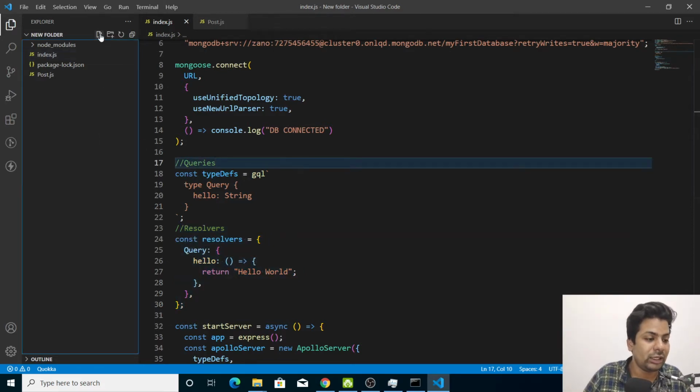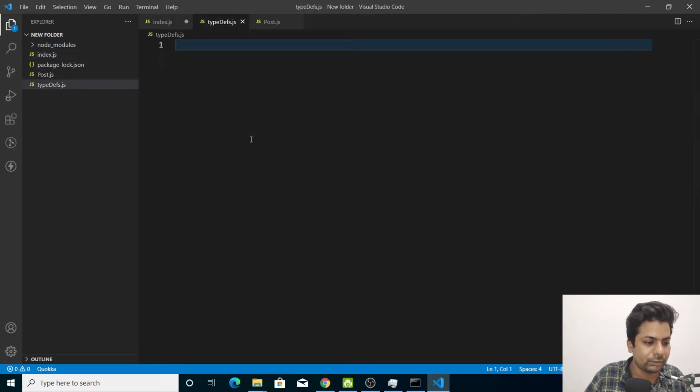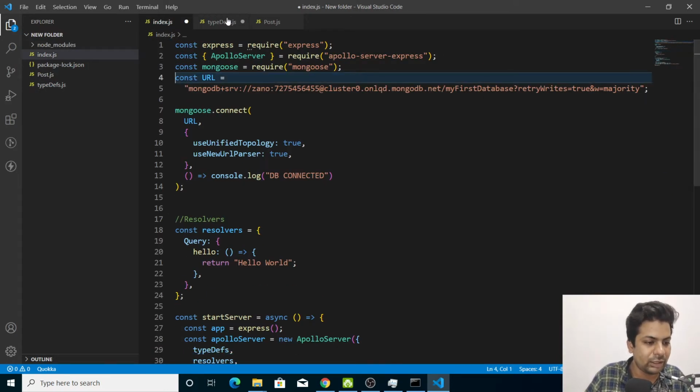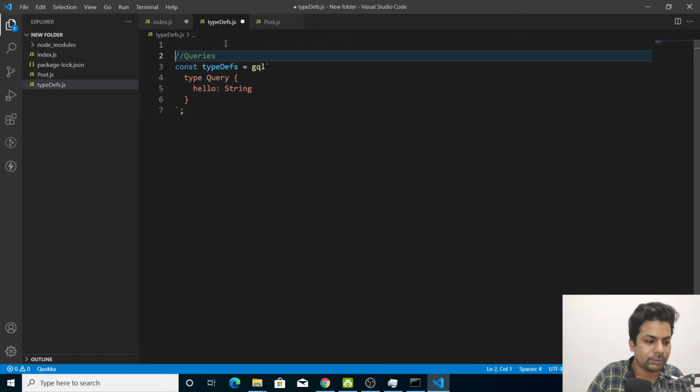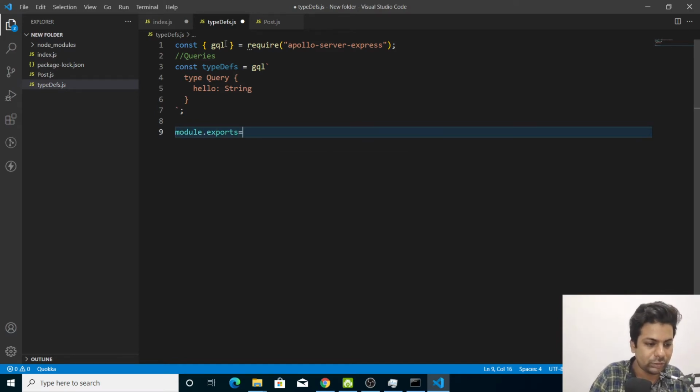So we'll make another file, typeDefs.js, and we'll just cut it from here and paste it there, and module.exports equals typeDefs.